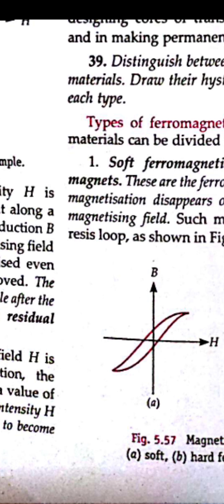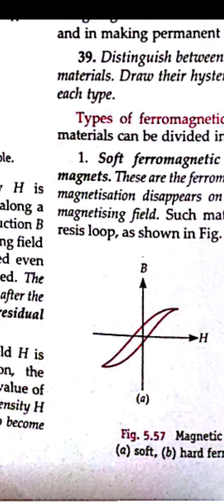For transistors, transformers and solenoids, we use this kind of core, that is soft iron cores, which are bent in the form of coils in the transformer. You will be learning in the next chapters about semiconductors, and solenoids you have learned in 10th also, but here we will be talking about transistors, transformers, rectifiers. In those, the coils, the primary turns and the secondary turns will come, in which we will be using the soft iron. Okay, so this is the hysteresis graph for the soft iron ferromagnetic substance,